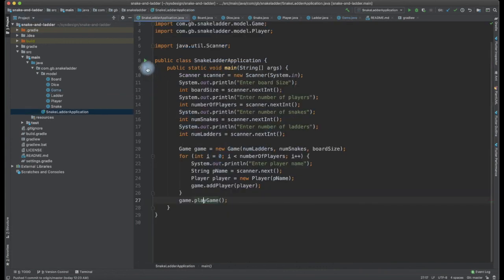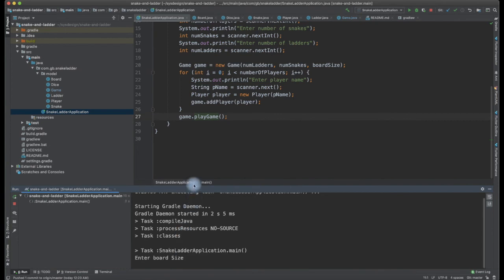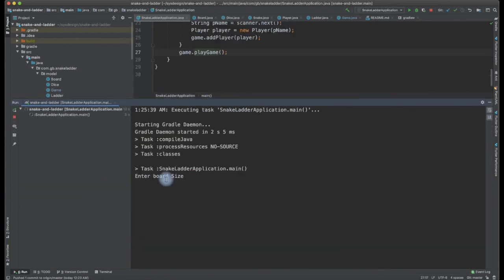Let me run this and show it now. Let's wait for the code to finish. It's doing a compilation. Let it do. I will maximize this. Please keep a close watch on the console output window. Enter the board size. I'm saying 100 is the board size. Enter the number of players. I'm going to initialize with